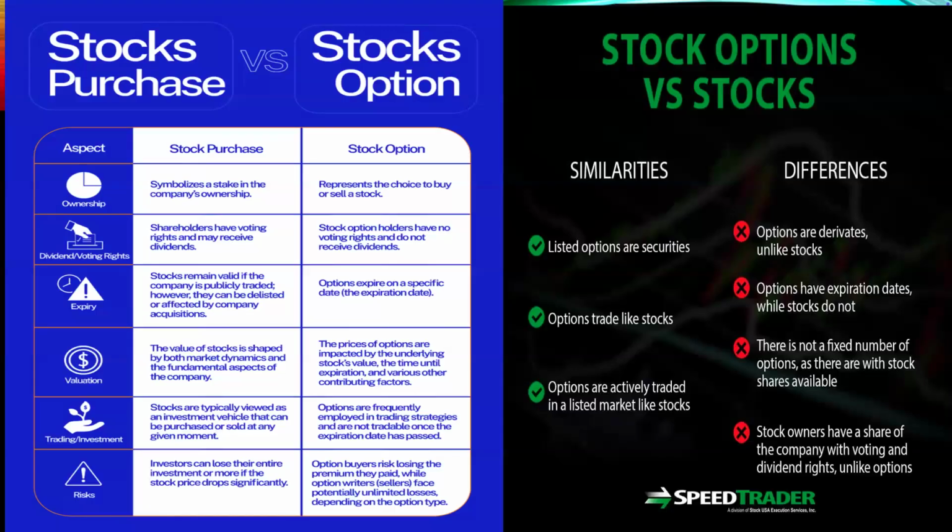While the option writer, which is the seller, faces potential unlimited losses depending on the option type. So there are those two things. You lose the premium for a stock option, and for a regular stock, you just lose the stock. But remember, like I told you, as long as you hold the stock and don't sell it, it doesn't matter. You can hold it for 5, 10 years. As long as you hold it, you can never know, the stock might come back. But with a stock option, once things do not go according to plan and the market is not in your favor, you lose all your money. All your money goes out the window.